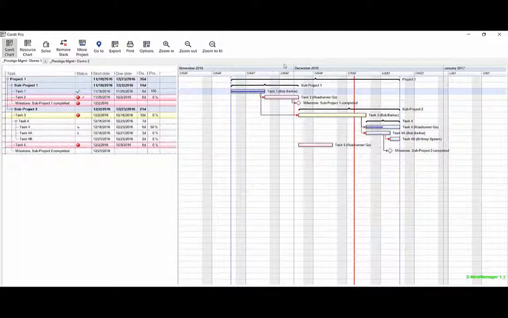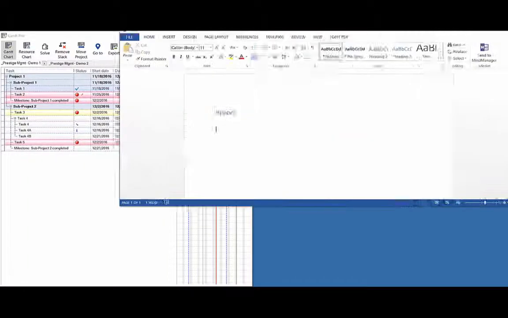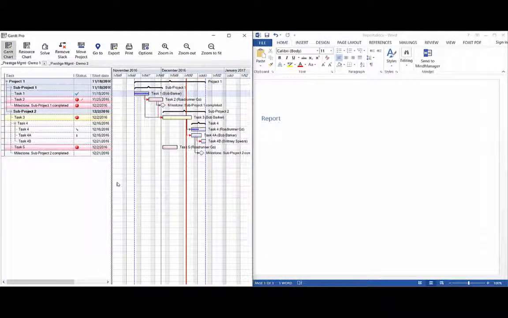Okay. Now, a couple of other things that you want to be aware of within Gantt Pro, like I mentioned before, is that ability to export and take things out of your project plan with a great deal of ease. So I'm going to give you the example that right now I am filling out a report in Microsoft Word. Let me pan that over a little. I'm filling out a report in Microsoft Word, and I want to get some key items out of my Gantt chart into Microsoft Word. I'm going to click on the drop-down for export right here,